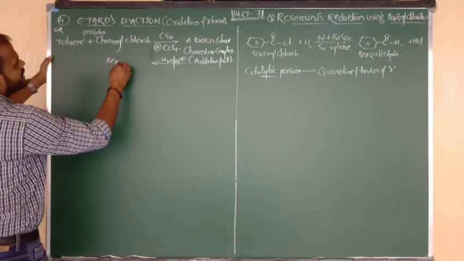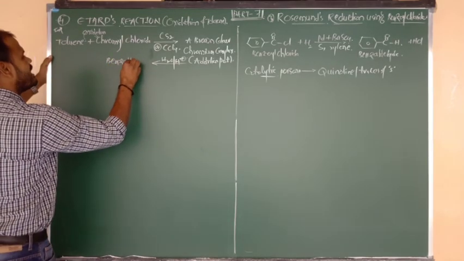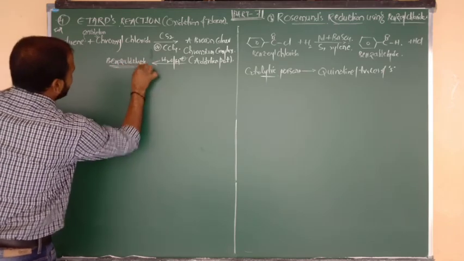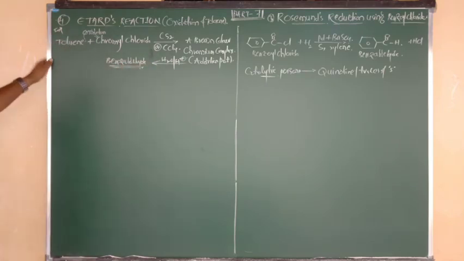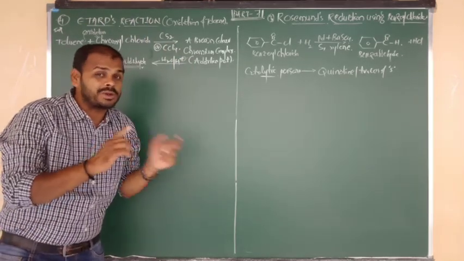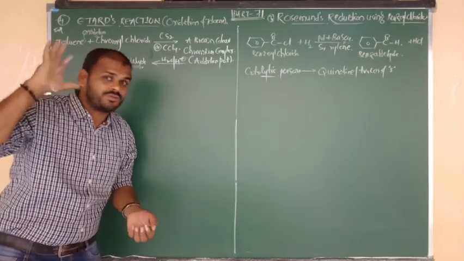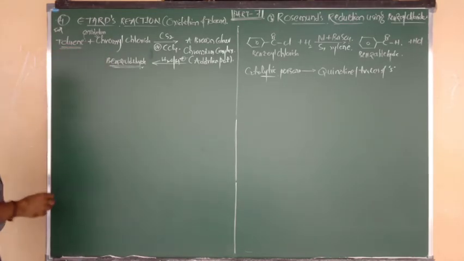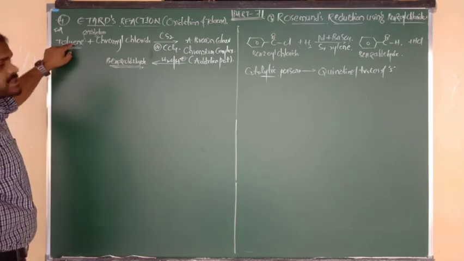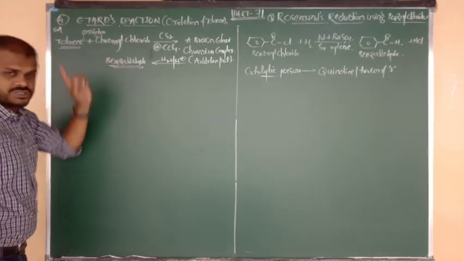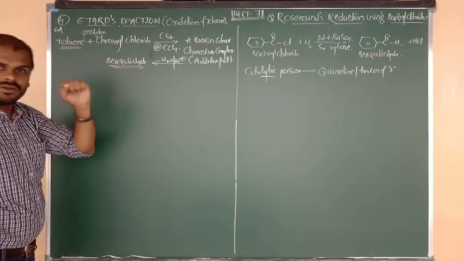What is meant by aromatic aldehyde? The aromatic aldehyde compound name is nothing but benzaldehyde. This is your statement for the Etard reaction. So once again I am going to repeat the statement. Try to fix it in your mind, beta. Okay. Toluene. What is meant by toluene? Methyl benzene. Toluene is the starting reagent. Toluene changes into benzaldehyde. Toluene oxidizes into benzaldehyde. This is the concept of the Etard reaction.